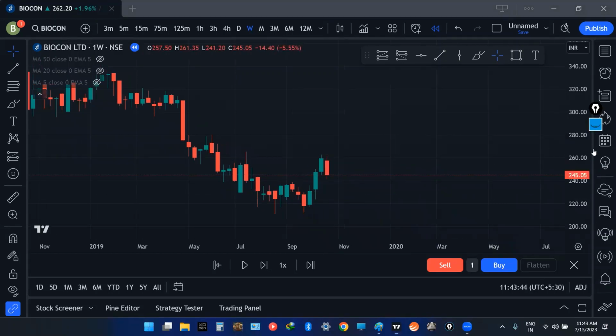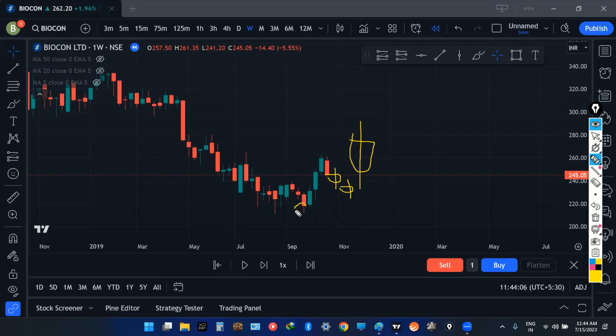After this candle, what is our assumption? After this candle, it should again move like this. It can happen that it moves immediately, or it can go 2-3 candles more down and then go up. In any case, please mark my words, this point should not get broken